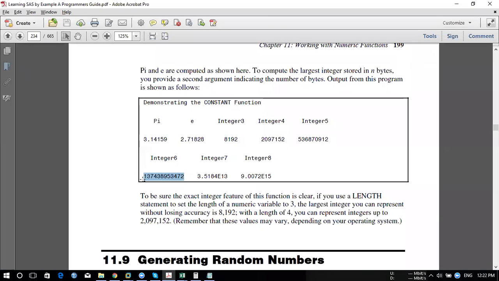Getting it? This way, say the numeric variable is 3. The largest integer it can represent without losing accuracy. So length 4 represents integers up to this many. So 5, 6 is enough. Generally, if you take your length as 5, it's enough.